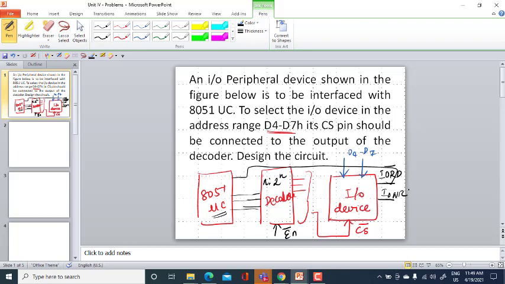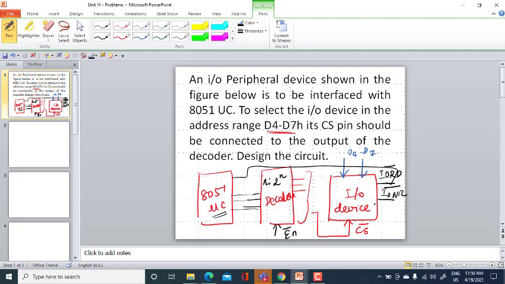For example, if this is a printer, you have to write the data onto the printer. That is done by this pin, IO write, input output write.